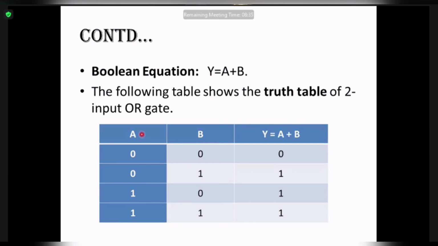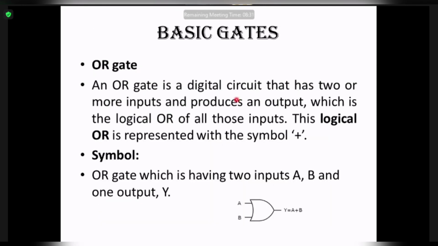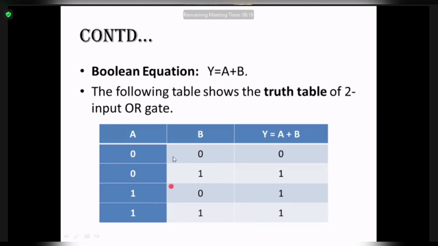Now, how many inputs are there? For this logical circuit, there are two inputs. See, 1 and 2, A and B are the two inputs, right? So this is a truth table representing the inputs. This is input A, this is input B, and this is the output column Y. We will not discuss the output column currently. We will just focus on the input columns, right?